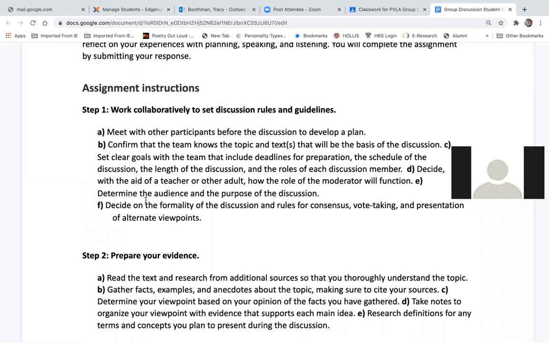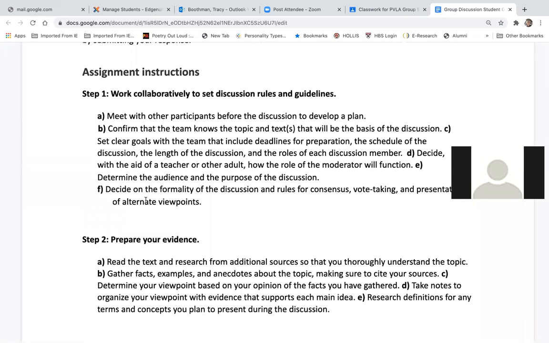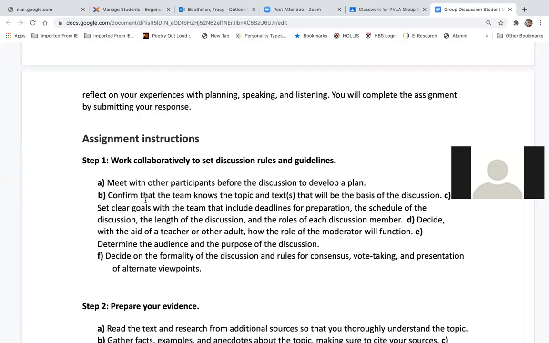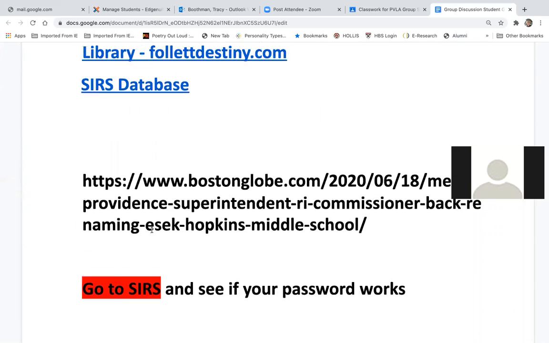Two students yesterday did a debate on whether students should be doing virtual learning or whether they should be in seat, and they each argued a different point, and it was extremely successful. So that was a good topic. So what you have to do is research and gather additional sources to totally understand the topic, which sounds very challenging in an online environment, but actually it's very easy. So that's the part that I really want to teach you about right now.